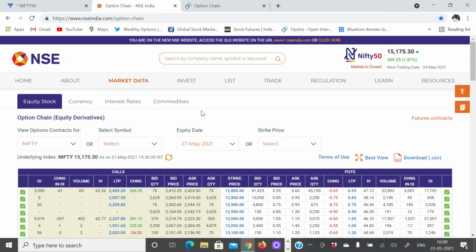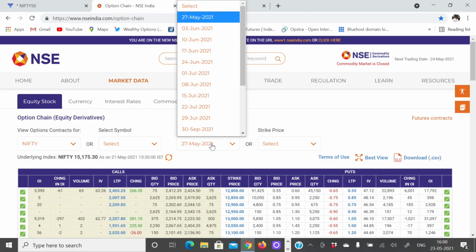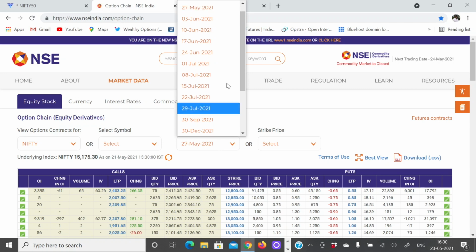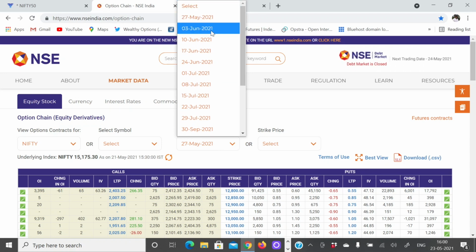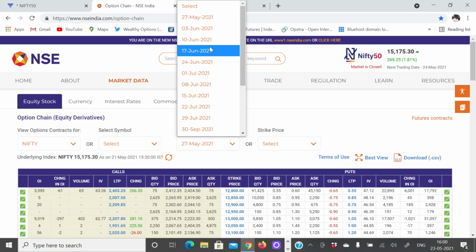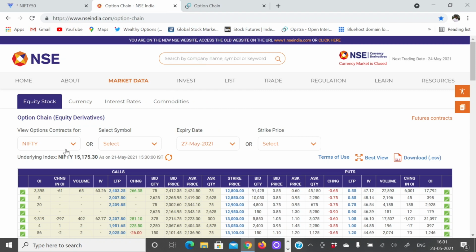And again, if you remember the definition, you can see the option chain at any one given point of time only for one expiration period, right? So you can choose whatever contract month you want to see the options chain. So you have options like 27th March, 3rd and 10th and all this. As you have seen in my previous videos, all the index options have both weekly and monthly contracts, and all the stock options have only monthly contracts. Now let's first choose Nifty, which is a very popular